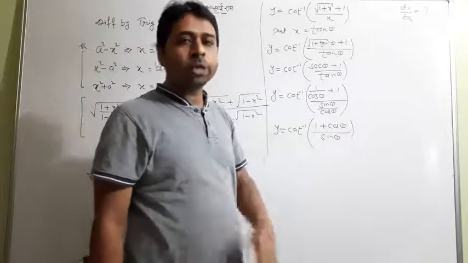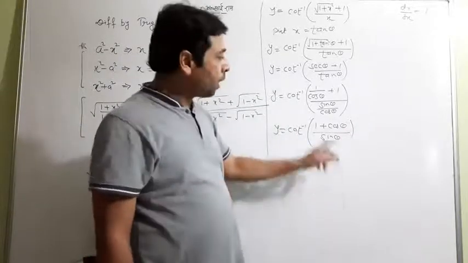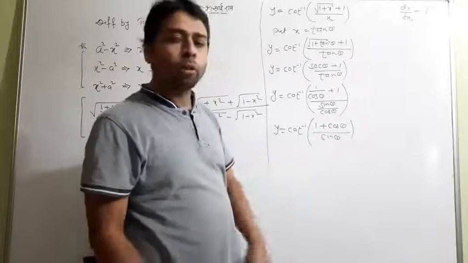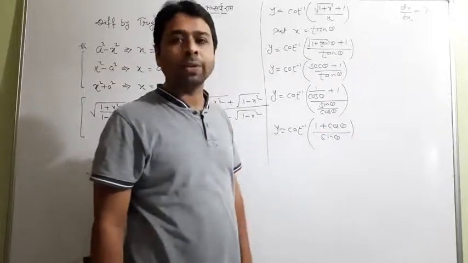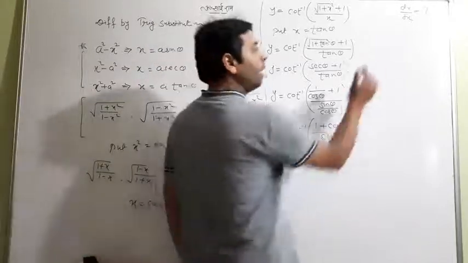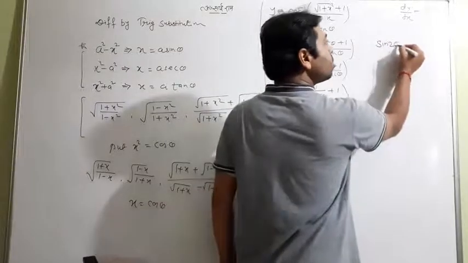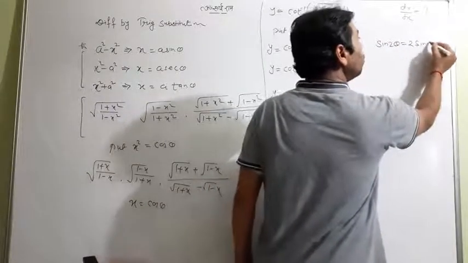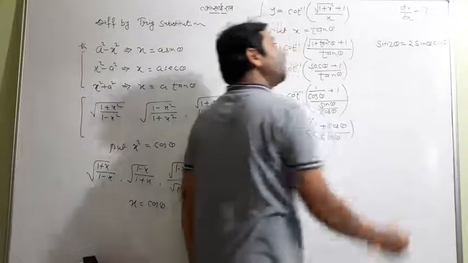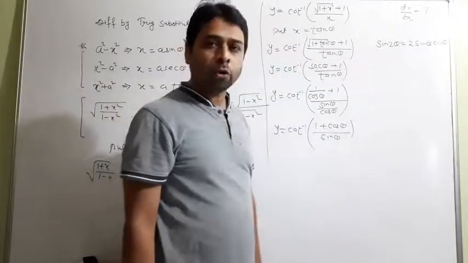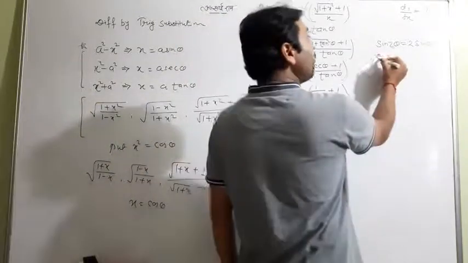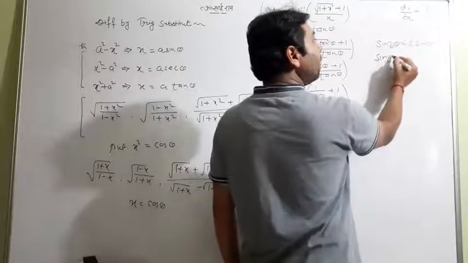So now students, keep in mind onward that 1 plus cos theta and sin theta both are among the most important formulas in calculus. So sin theta is actually, look at this on the board. You know this famous formula, sin 2 theta is equal to 2 sin theta cos theta. When you make a half angle formula, sin 2 theta will be theta.